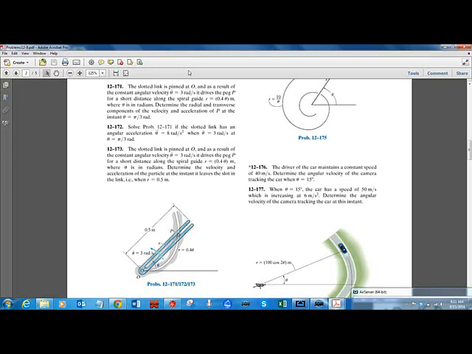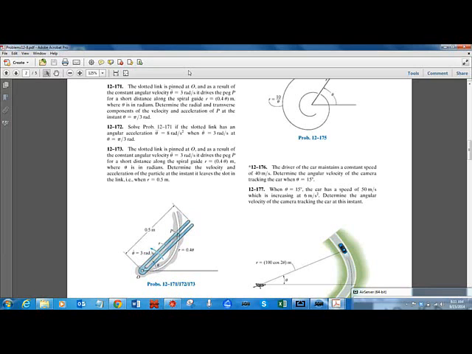Speed, a change in speed, radius of curvature. I don't have any of those, right? So I'm going to rule it out. What do you need for radial and transverse? You need r, r dot, r double dot, theta, theta dot. Those are the things that are given. So I'm going to use that one. Okay? So it wants me to find,